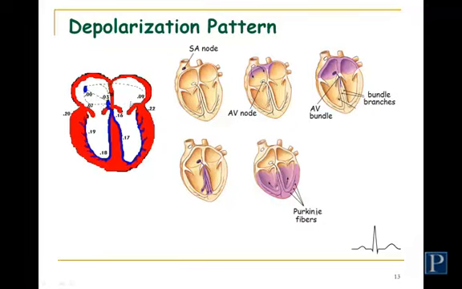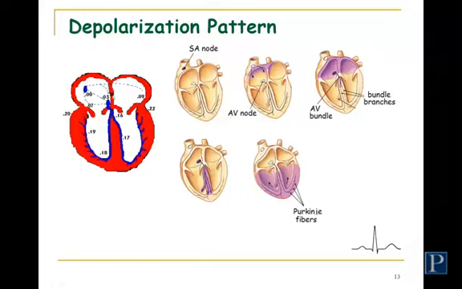You notice that the atria have completely depolarized, if you look at this number here, in 90 milliseconds. So in 90 milliseconds, all the atria have completely depolarized. You see it here in purple. It starts in the SA node, starts to move down. You see it moving here. Then from here it makes its way to the bundle branches, 160 milliseconds after the impulse originated in the SA node.